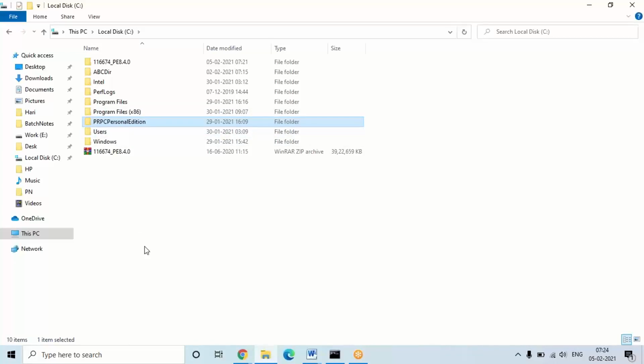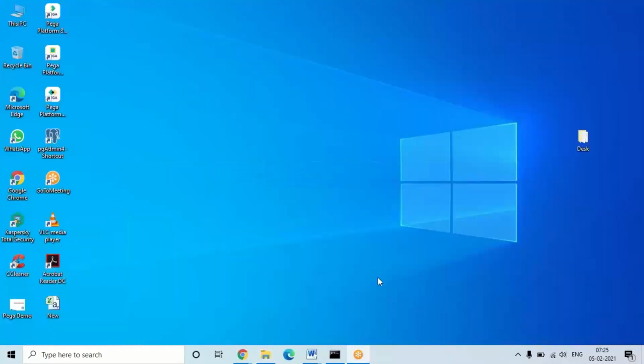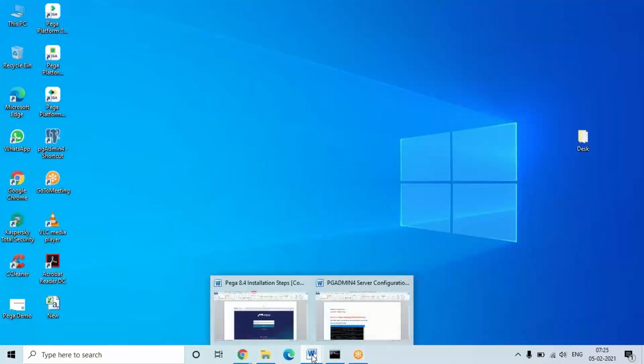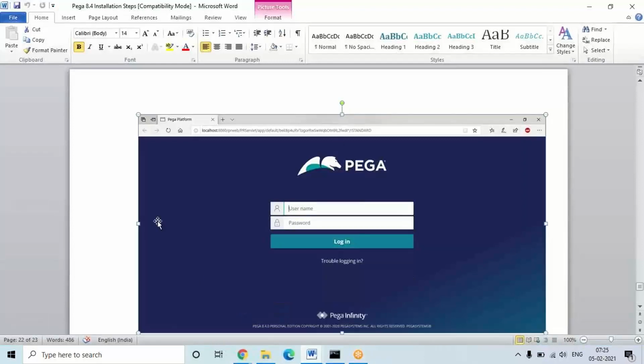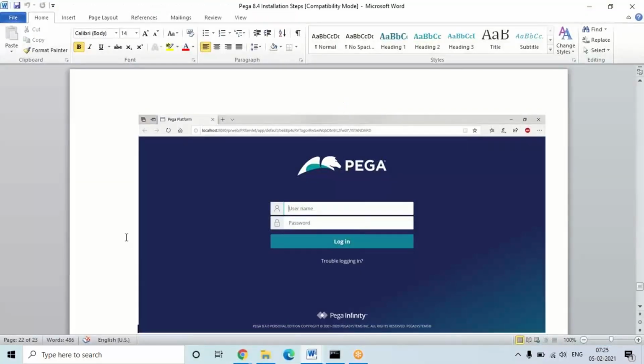Okay, so maybe last time if there was some issue with any of the options which were discussed, you have to delete the folder, then reinstall the application in the correct process. So like that, the installation will maximum be a success. Just before doing the installation, once go through the document or video, then start the installation.